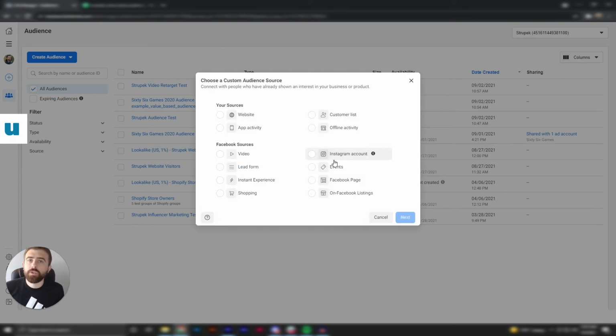Now, a lot of these other sources are very similar in how you can walk through them to what we just did with video. So this could be for a lead form, where you're just selecting a lead form that you've put together, an Instagram account people reacted with, events, or a Facebook page. These are very, very self-explanatory as they walk through them. So I strongly encourage you, if you want to try these, just go in, take a deep dive into these, and walk through the steps. But for now, I'm going to show you how to build your first lookalike